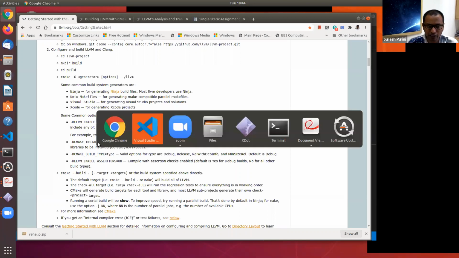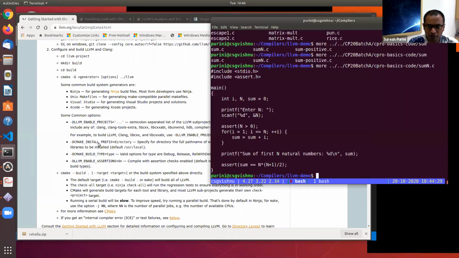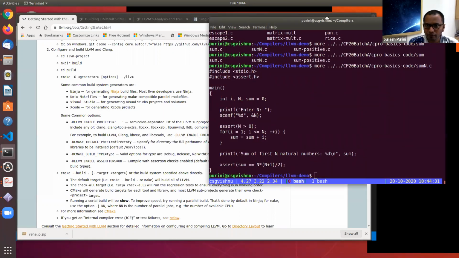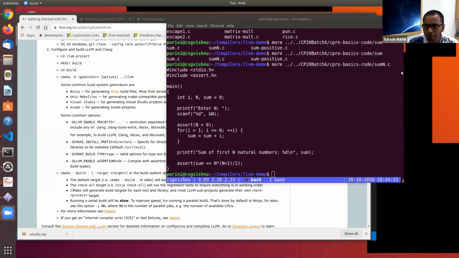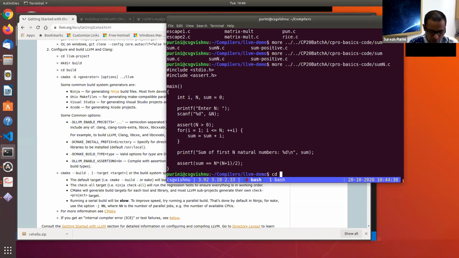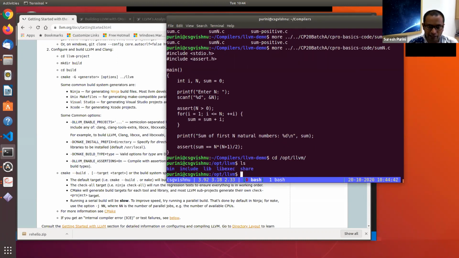For example, on my machine, if I go to /opt/llvm, all the things that were created when I compiled and installed LLVM, the libraries and executables, are nicely present in this directory. So it is easy for me to refer to them.